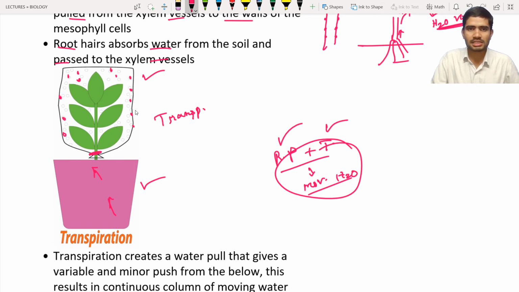Okay, so the water vapor is coming from the leaves by a process known as transpiration. This water vapor is turning into water by a process known as condensation. So the polythene bag is a little bit cooler. Why? Because it is in the environment. As a result, the water vapor is turning into water. So in this way, we can confirm that there is transpiration inside the plants.